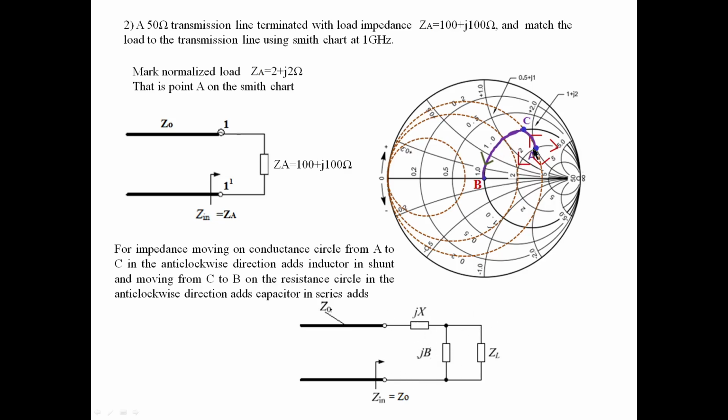Similarly, this value: you started here and ended here over the conductance. That is the element added. Initial value of susceptance here, final value of susceptance here, will give the value of this inductor. And this one more component we added here, that is from C to B we moved. C is the initial point, B is the final point. That adds a capacitor. That value you can find out from this reactance. Series element means reactance. You should know what the reactance is at this position. Get the value of this one.